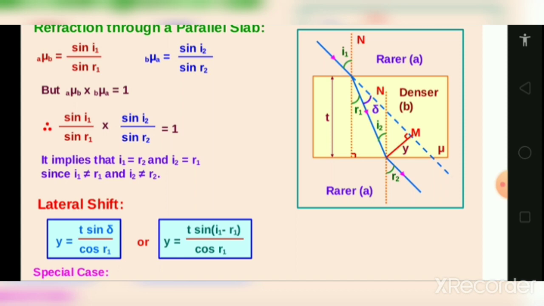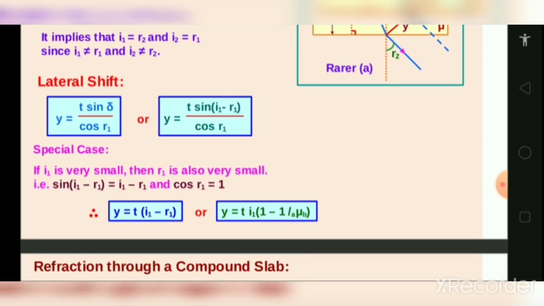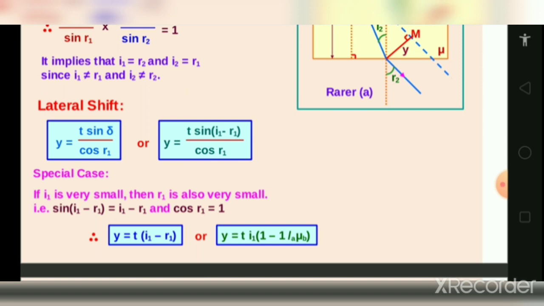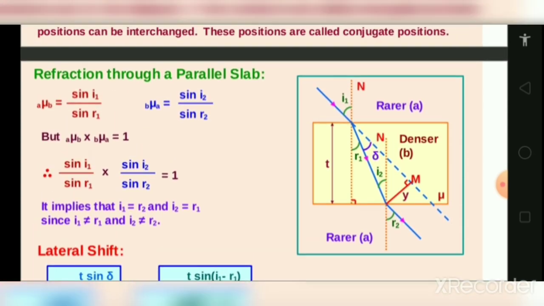Now what happens when the shift is said to be a lateral shift? You can get the equation y is equal to t sine theta upon cos r, or y is equal to t sine (i minus r) upon cos r. Now what is meant by lateral shift? As you can see on the screen,